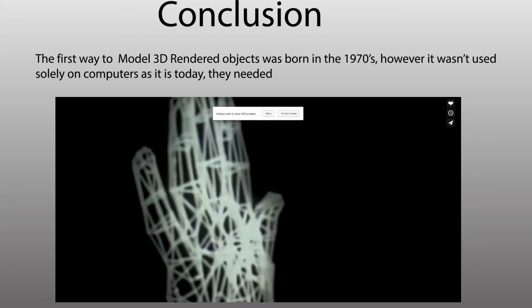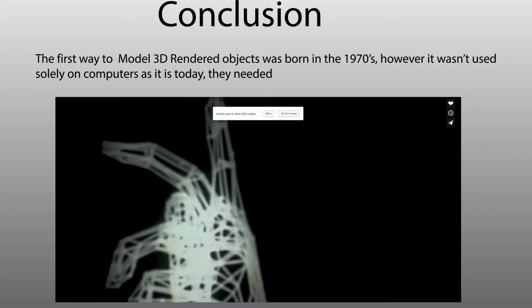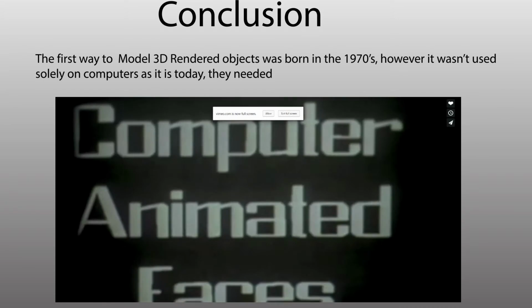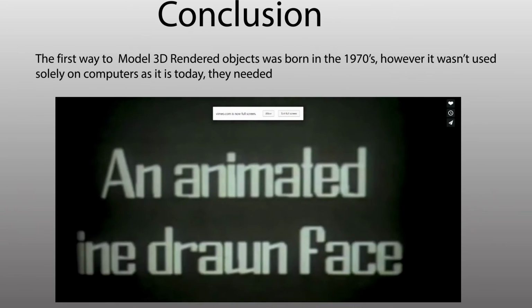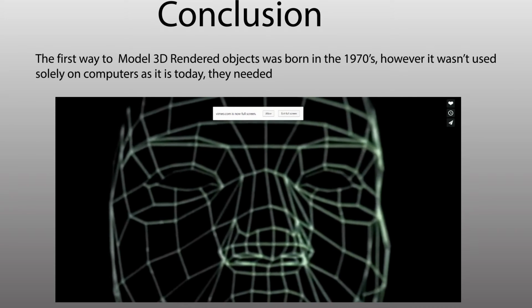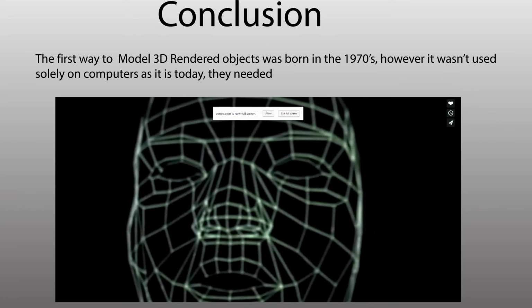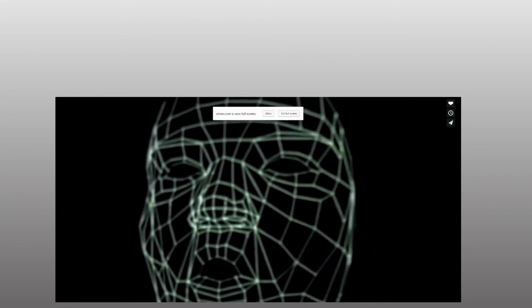From the first rendered movie made by Pixar in 1972, the first and only way at the time to model was to create a real model out of clay and draw in the lines on the model yourself. However, since the 1990s, CGI models have been